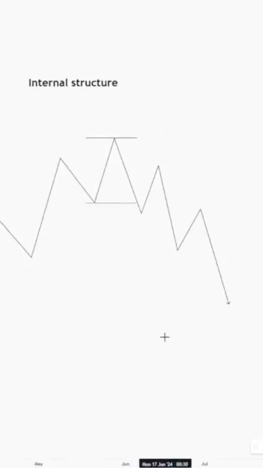So what do we need to be doing in this internal structure before we start getting involved in buys again? So if the 4-hour is printing lower lows and lower highs,